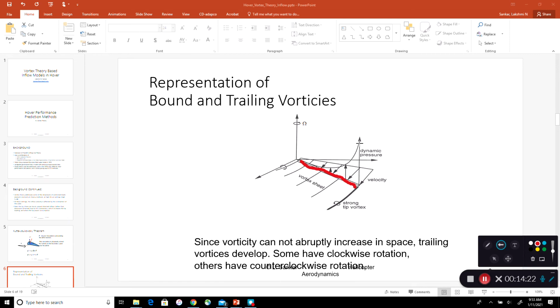So what happens at the tip is all the circulation drops to 0, because according to the Kutta-Joukowski theorem, which we saw in our previous slide,